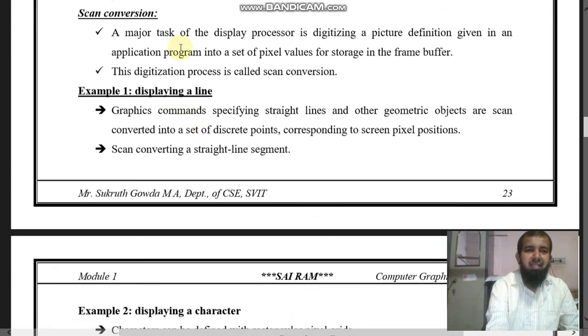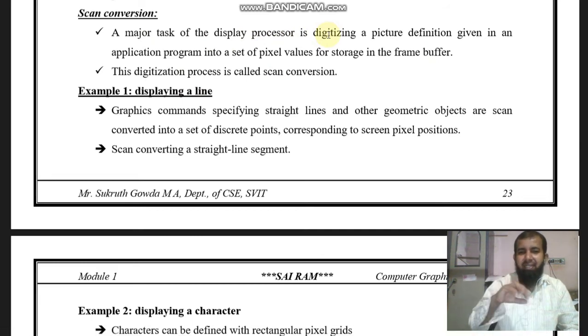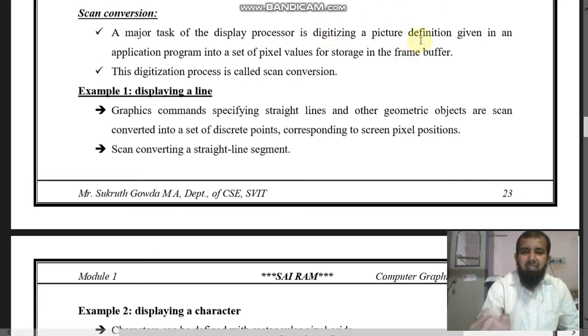Scan conversion. A major task of the display processor is digitizing a picture definition given in an application program into a set of pixel values for storage in the frame buffer. In the digital form, you can draw any line, triangle, any shape, or any color.